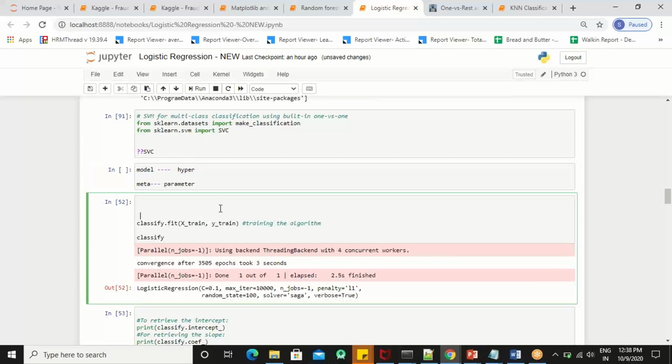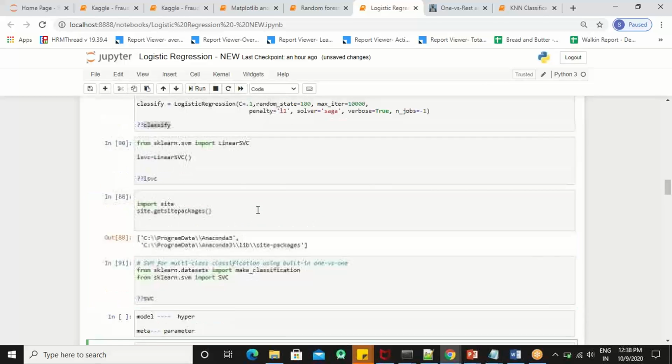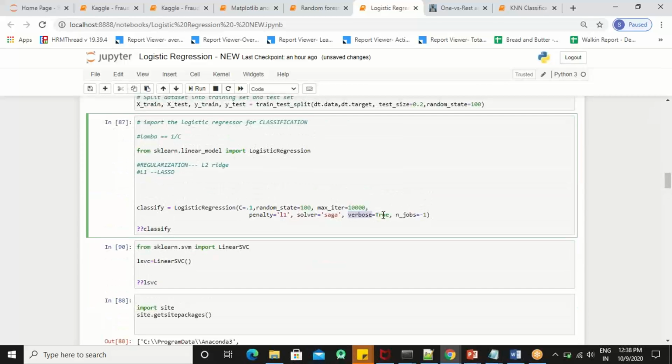जैसे एन जॉब्स है, कल हमने जो एन जॉब्स इसको पैरेलल में रन करने के लिए हमने दो चीजें सेटअप की थी। जैसे वर्बोज है, वर्बोज एक पैरामीटर है, हाइपर पैरामीटर नहीं है, बिकॉज ये सिर्फ ये प्रिंट करता है कि मॉडल पीछे चल कैसे रहा है। एन जॉब्स ये भी एक तरह का पैरामीटर है, बिकॉज ये बता रहा है कि मॉडल पैरेलली आपके कितने कोर्स को यूज कर सकता है। ये आपकी इक्वेशन को चेंज नहीं कर रहे हैं, पीछे की फॉर्मूले को चेंज नहीं कर रहे हैं, बट सागा, पेनल्टी, मैक्सिमम आइटरेशंस, रैंडम स्टेट, सी, ये सब हाइपर पैरामीटर्स हैं। ओके